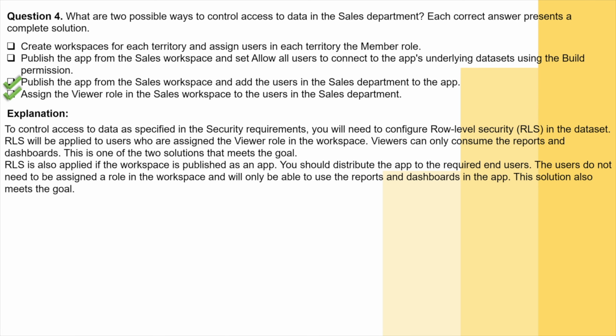Well, option number 3 and 4, which is publish the app from sales workspace and add users in the sales department to the app, or option number 4, which is assign the viewer role in sales workspace to the users in sales department. So the explanation that they have given is to control access to the data as specified in the security requirements, you will need to configure row level security in the dataset. A row level security will be added to users who are assigned the viewer role in the workspace. Viewers can only consume the reports and the dashboards,